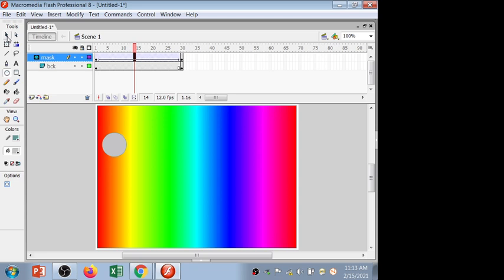Now I'll go one step further with the masking effect only. So for that I'm going to insert a new Flash document. If your computer is on, you can also do the same thing right now. So first of all, I want to import one image. So what I'm going to do is open the file menu, select option import. Now you will have 4 options and select import to stage.